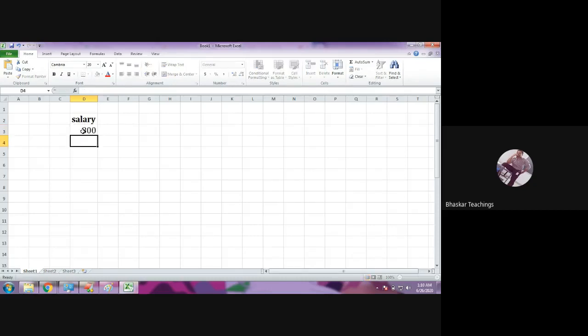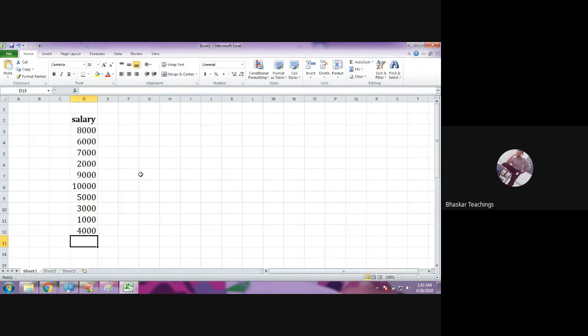Assume some 8,000, 6,000, 7,000, 2,000, 9,000, some 10,000, 5,000, 3,000, 1,000. Just consider the sample data. So in this way we have different salaries in the salary column of the employee table.